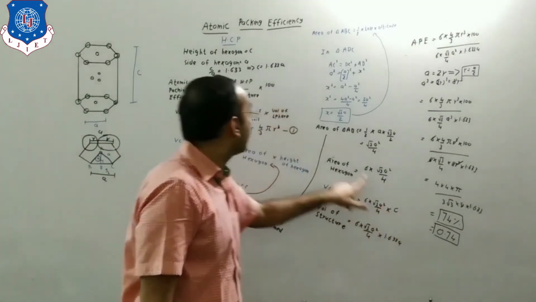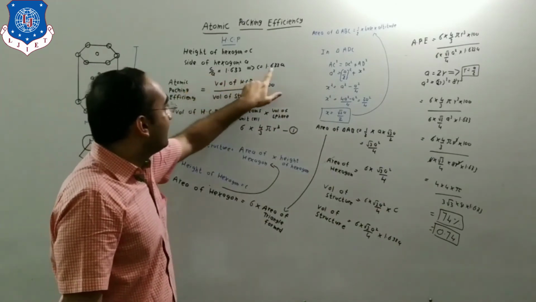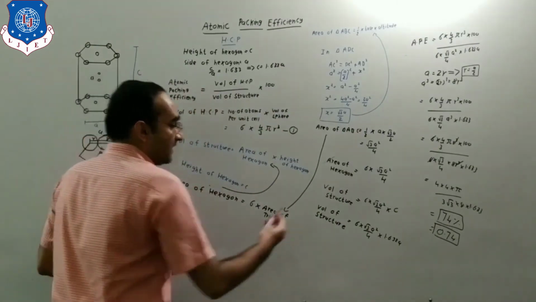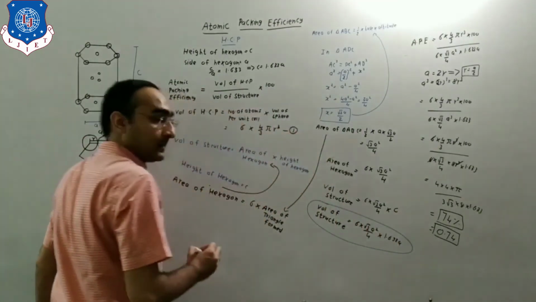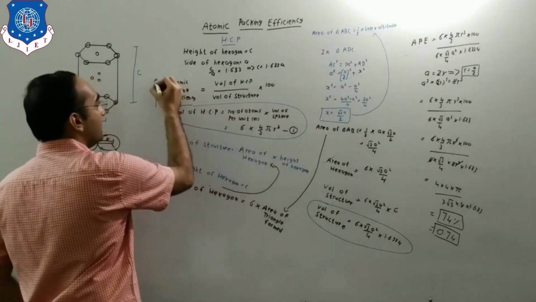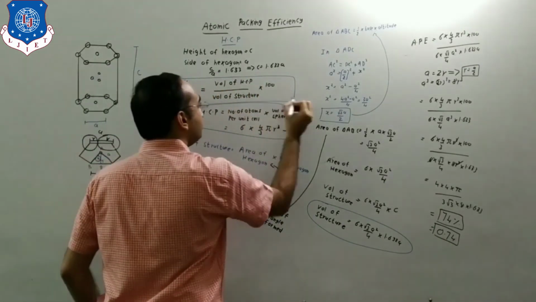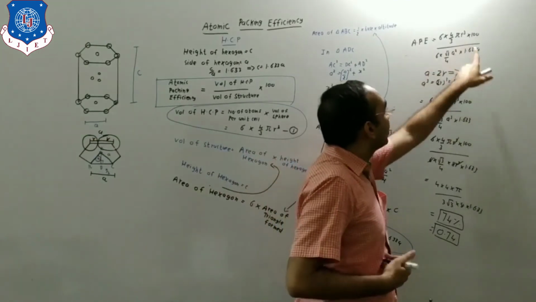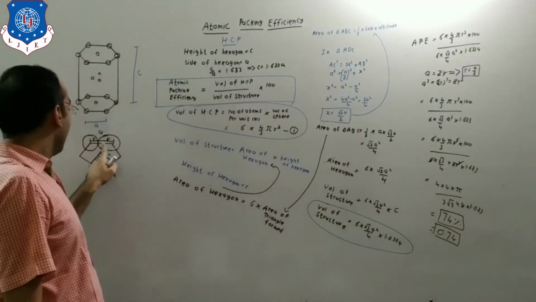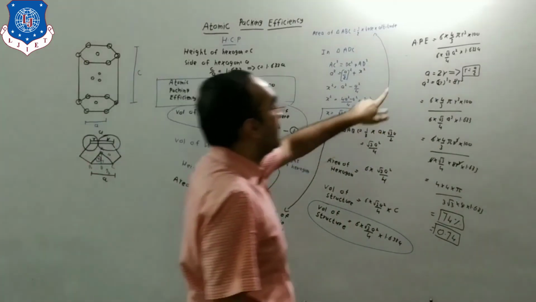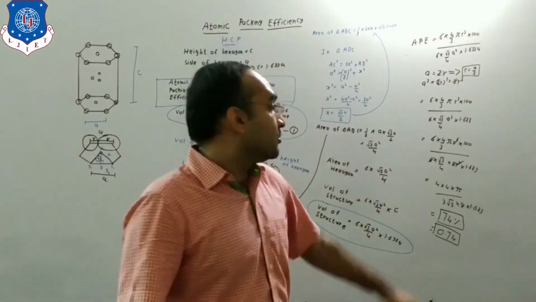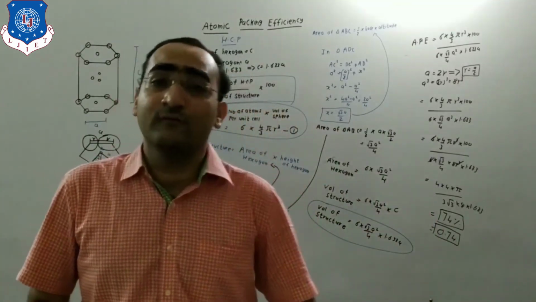But now c by a ratio is already given. So c will be equal to 1.633a, we are placing it over here. So the structure we find out. So we have found the volume of structure over here and the volume of HCP over here. And both these things we are placing in our final formula. But we can see there is a mismatch: r cube and a cube are coming. So a is equal to 2r, because from this we can know that r, r, 2r, a is the side. So a is equal to 2r. So by placing this we are getting 74%. So this way we can find the packing efficiency of the HCP.